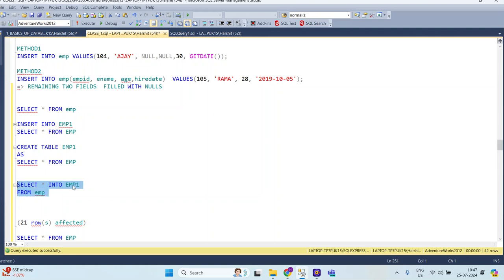But now I have another requirement. I don't want to insert the data. I just want the structure of